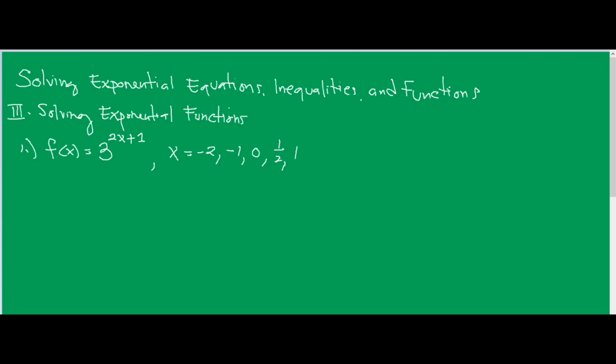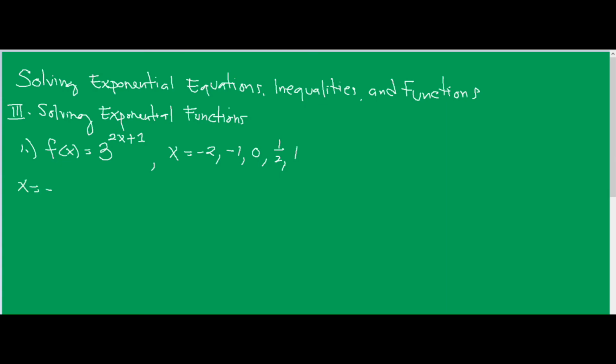So last part is solving exponential functions. So given that f of x is equal to 3 raised to 2x plus 1, so determine the value of the function at x equals negative 2, negative 1, 0, 1 half, and 1. So simply substitute the values of x to our function and then evaluate. So simulan po natin at